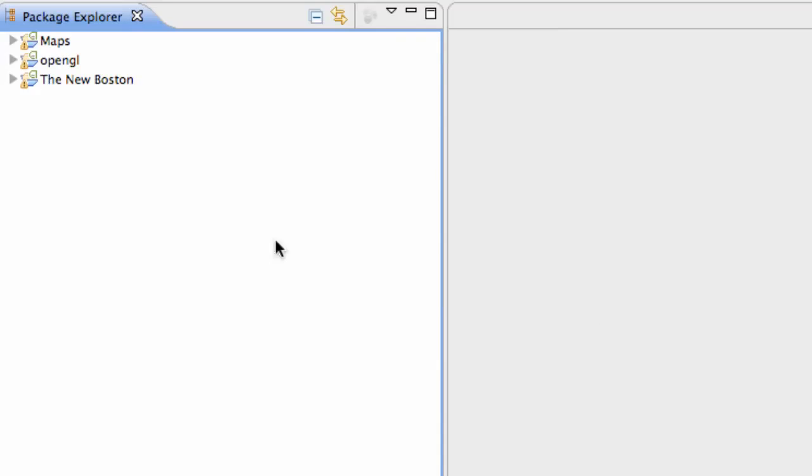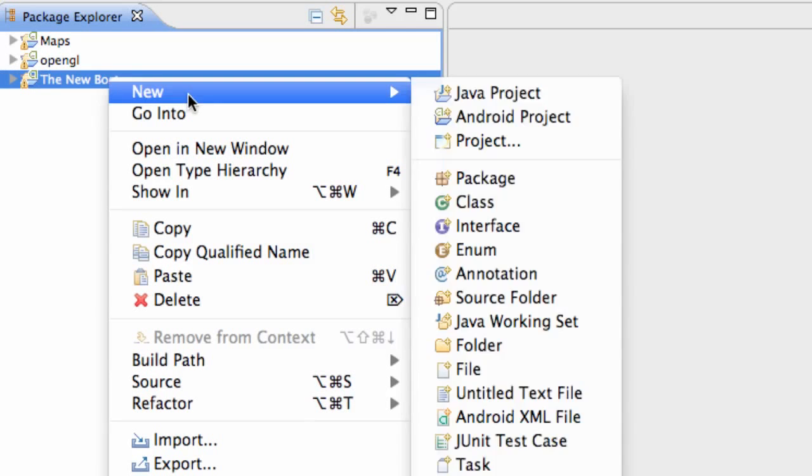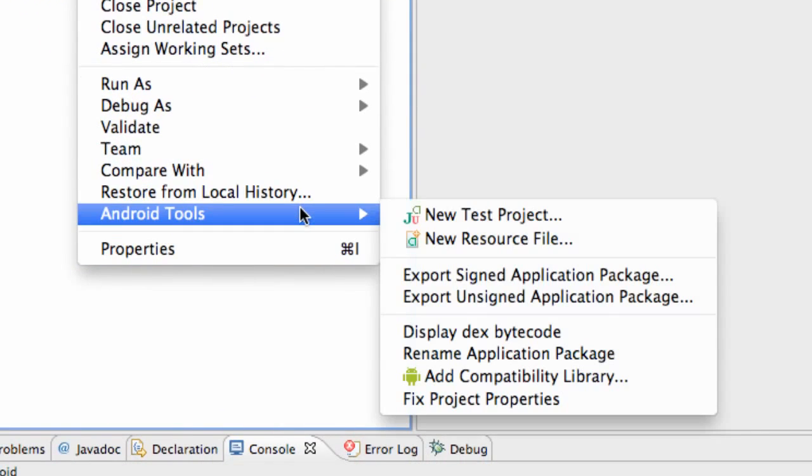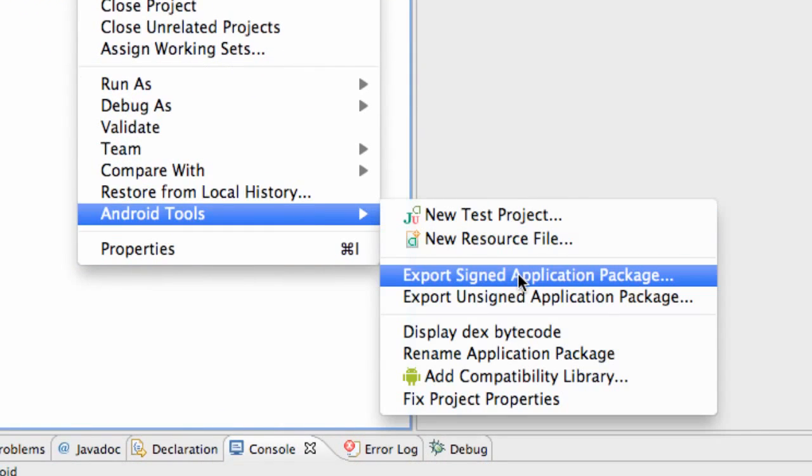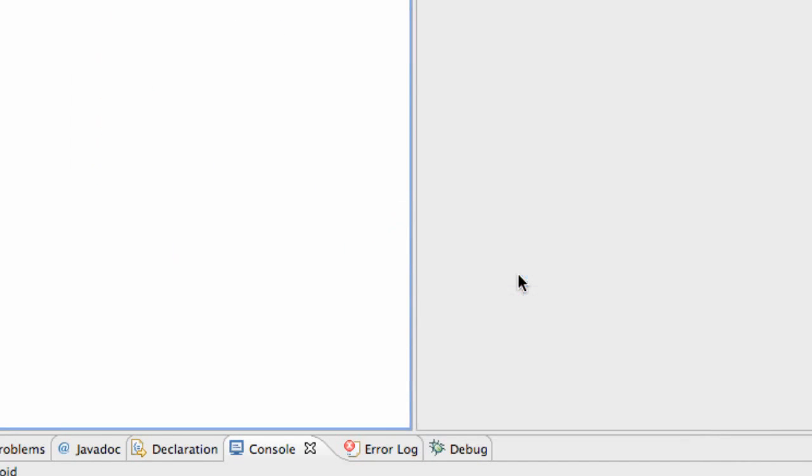So what we're going to do now is put our application on the marketplace, so you can share all of your hard work with the world. Again, just pretty much what we did with our maps activity. First, we need to sign our project and all that great stuff. So we're just going to right click on our project, go to Android Tools, and go to Export Signed Application,